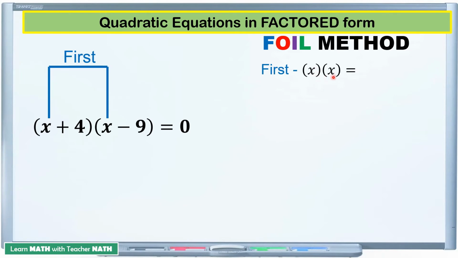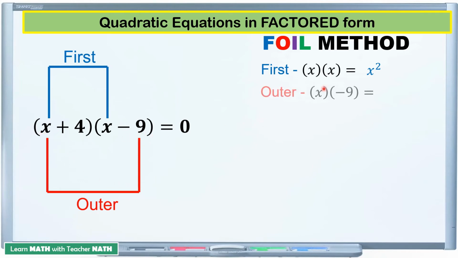Pag nagmumultiply tayo ng dalawang variable, just copy the variable x, then add the exponent of the two. So, meron ditong invisible 1, invisible 1. So, 1 plus 1, that is 2. So, the answer is x squared. Next, we have outer term. When we say outer term, we have x times negative 9. So, outer term is x times negative 9. That will be